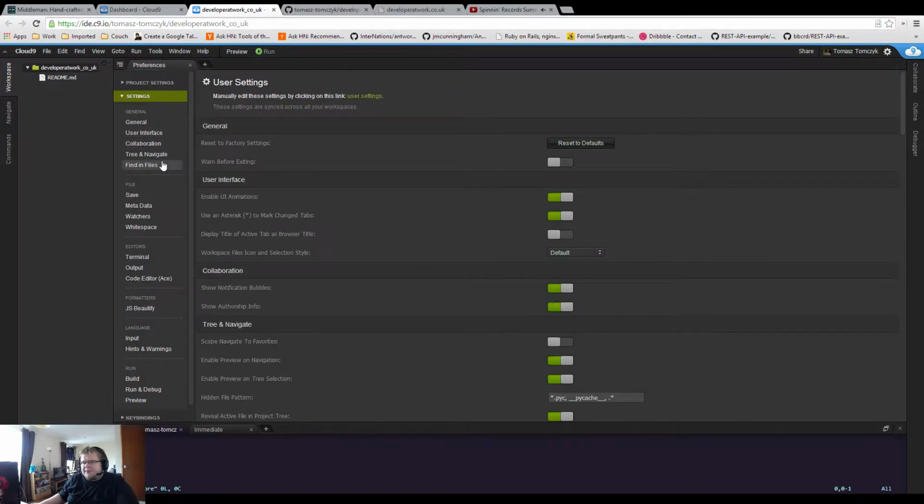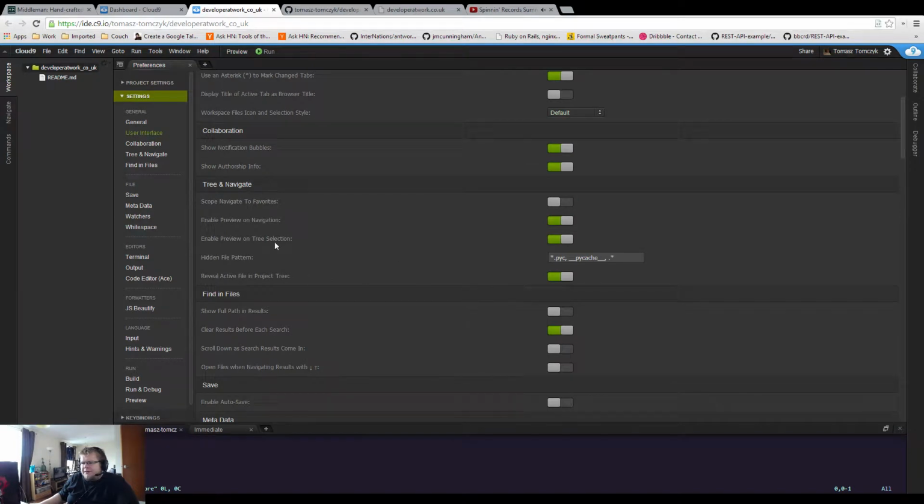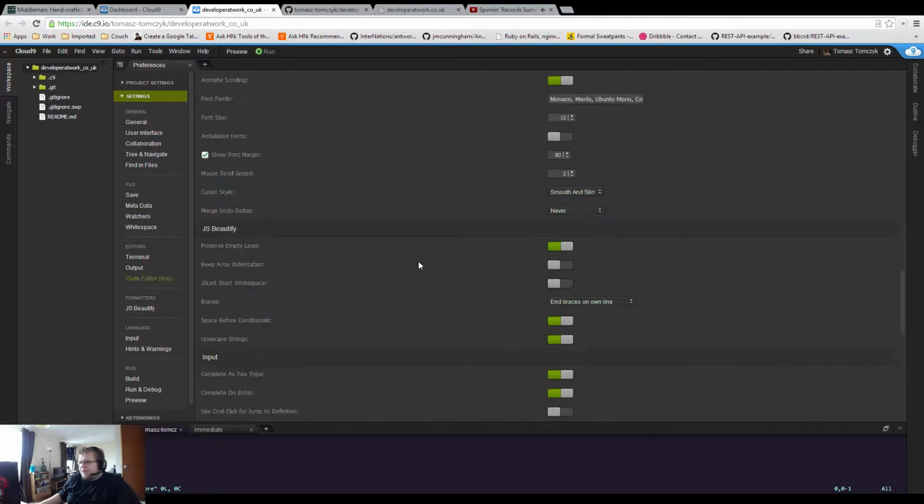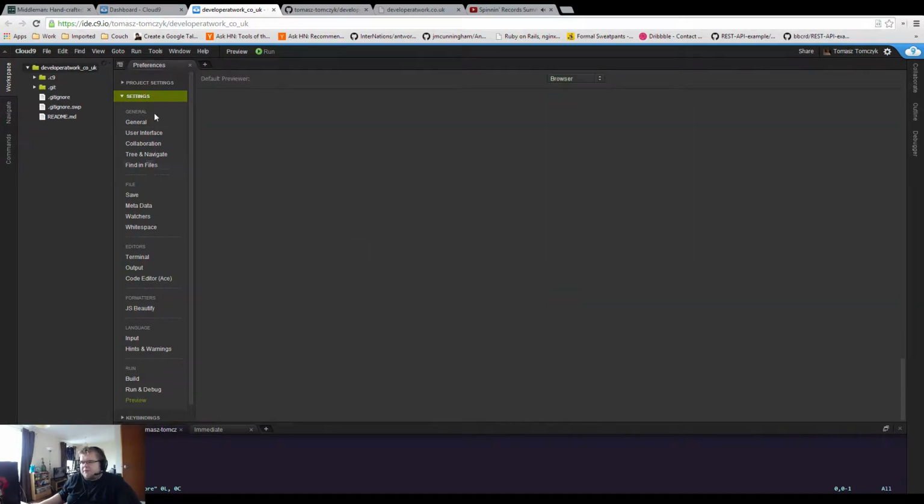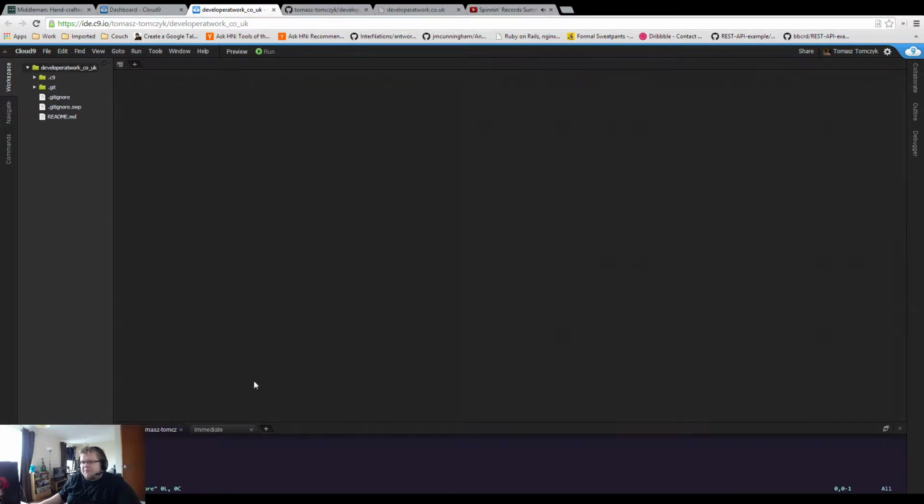Settings. I did see, yeah, hide file pattern. Oh, dot star. That's what we want to remove. Yep, that's fine. Do I save? Or is it saved? I think it's saved.